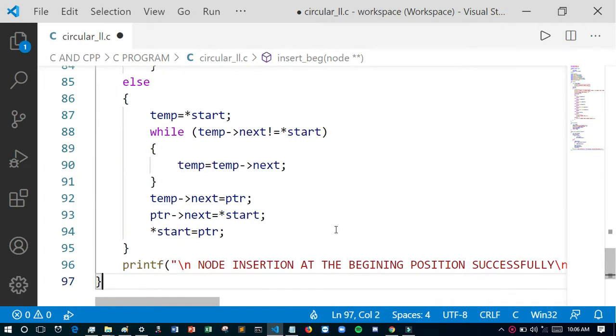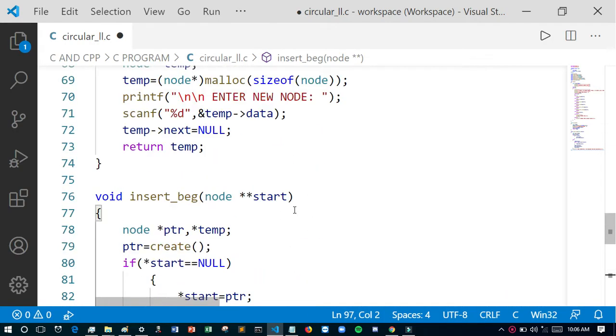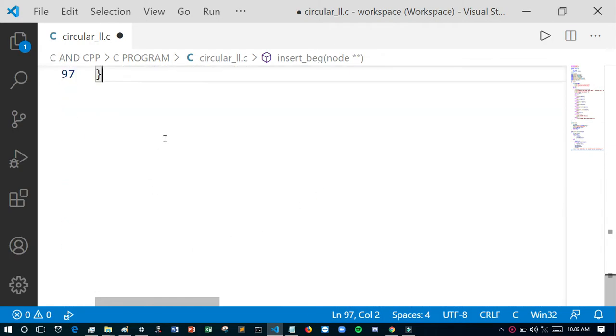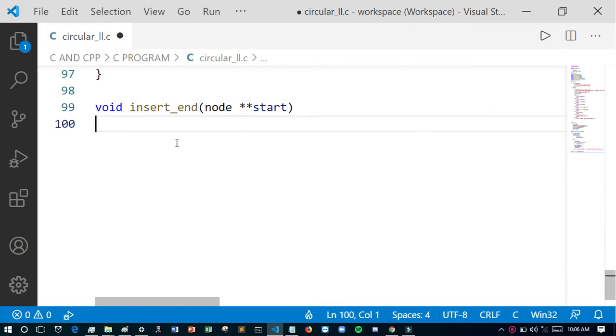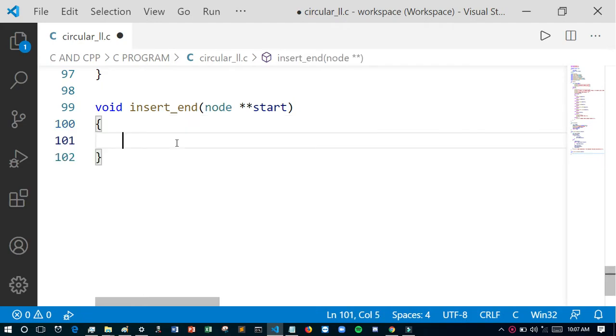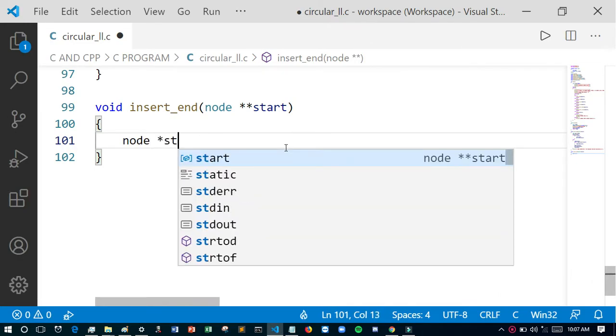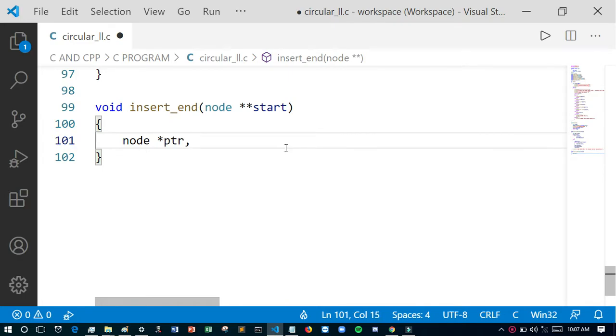Then semicolon. This insert begin function we have created, and now we have to create insert end. We will insert a node at the end position. The double pointer is used to store the address of another pointer. So we will declare some pointers of type node: ptr and temp.